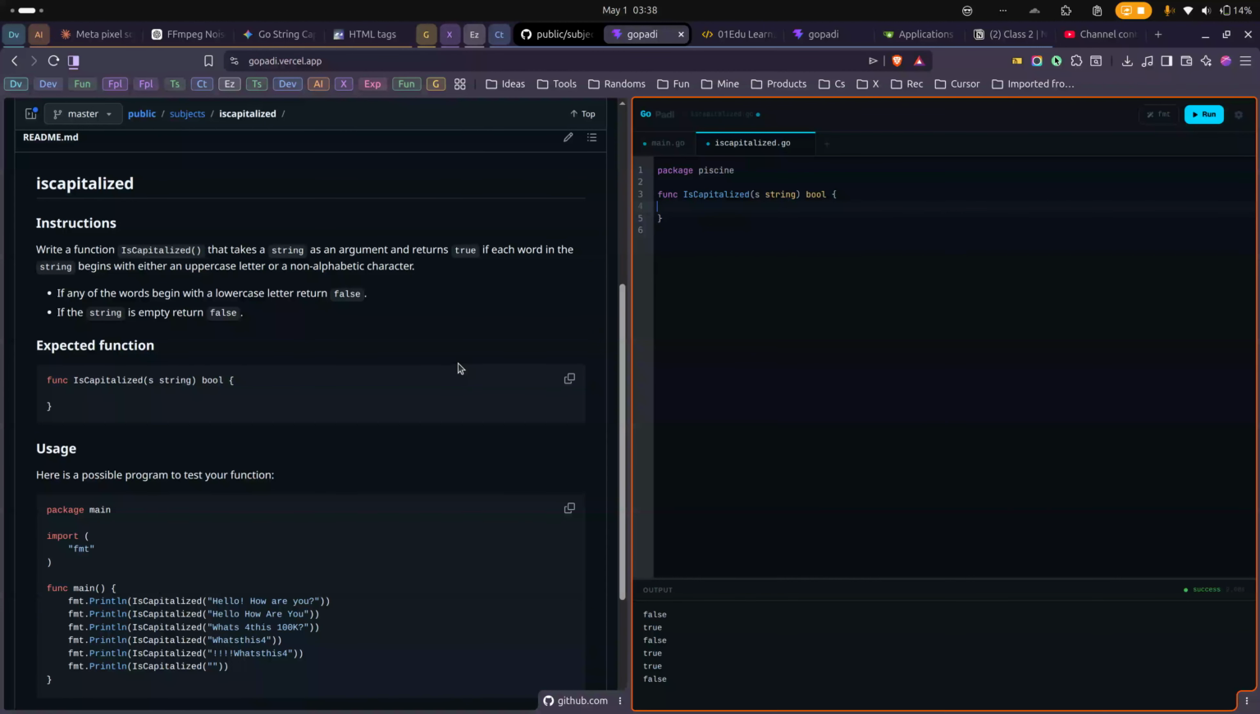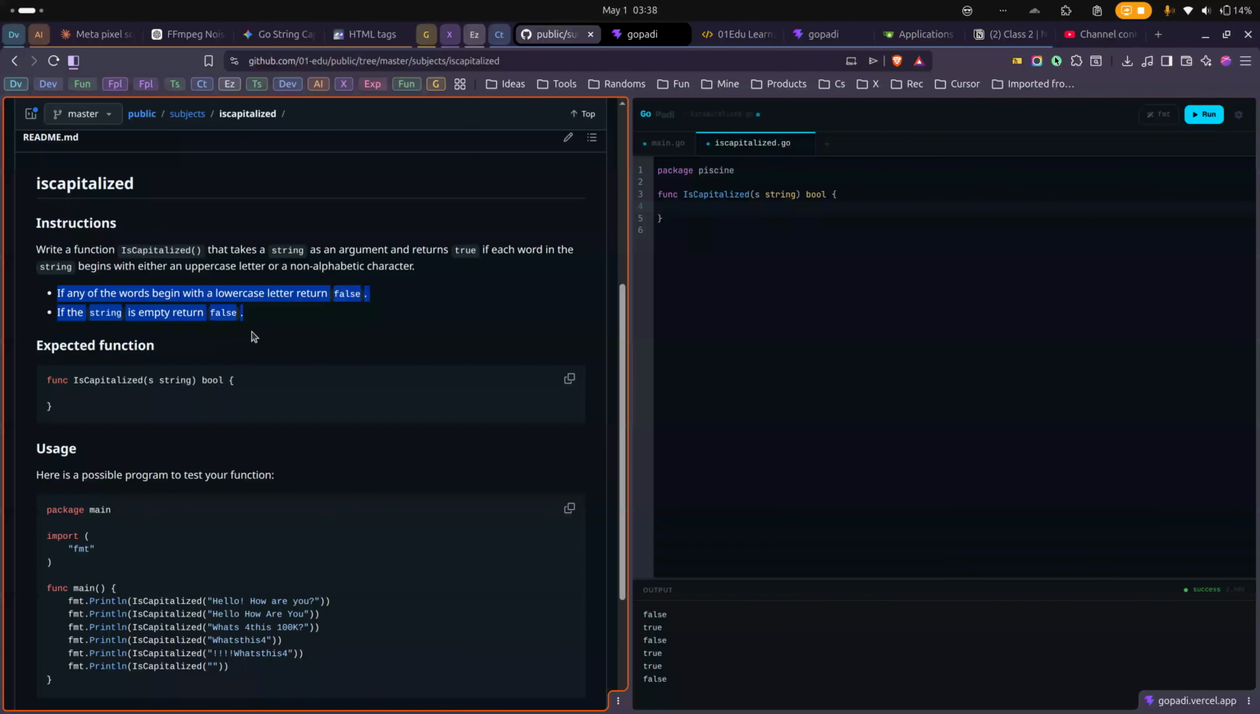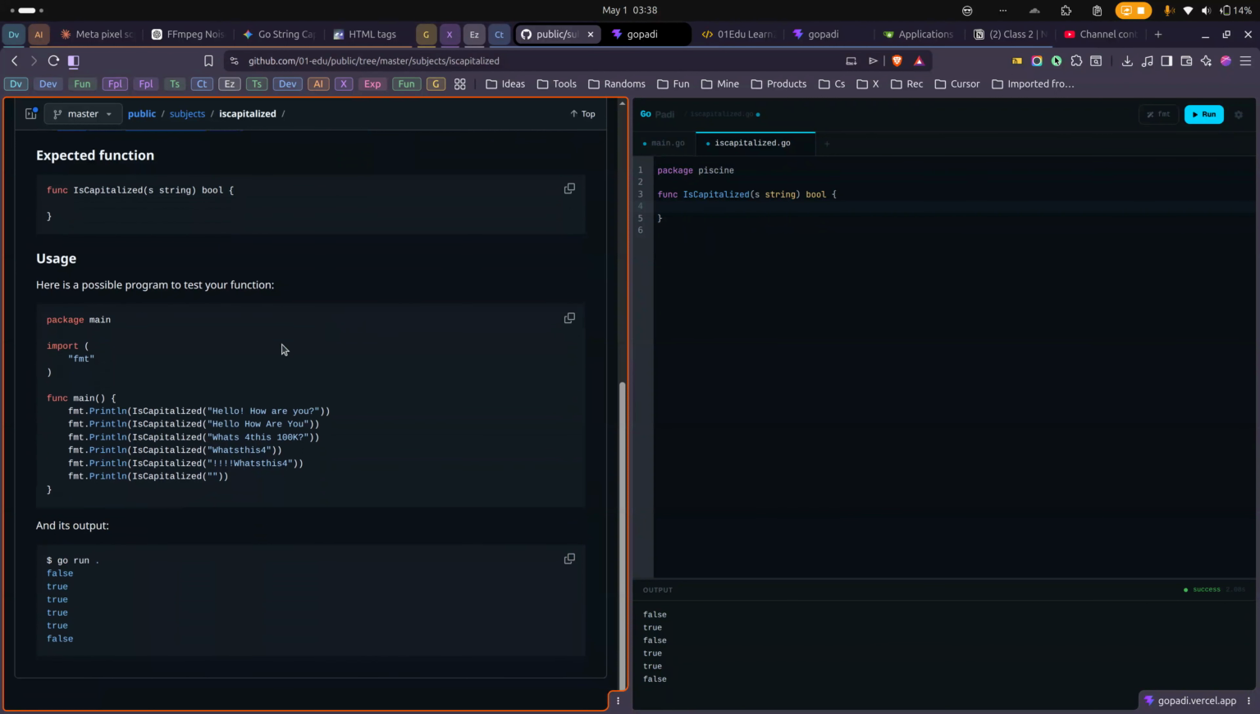You just need to understand that this is actually the main question here. If any of the words begin with a lowercase letter, return false. If the string is empty, return false. That is it. So if you have this string, if any word in the string starts with a small